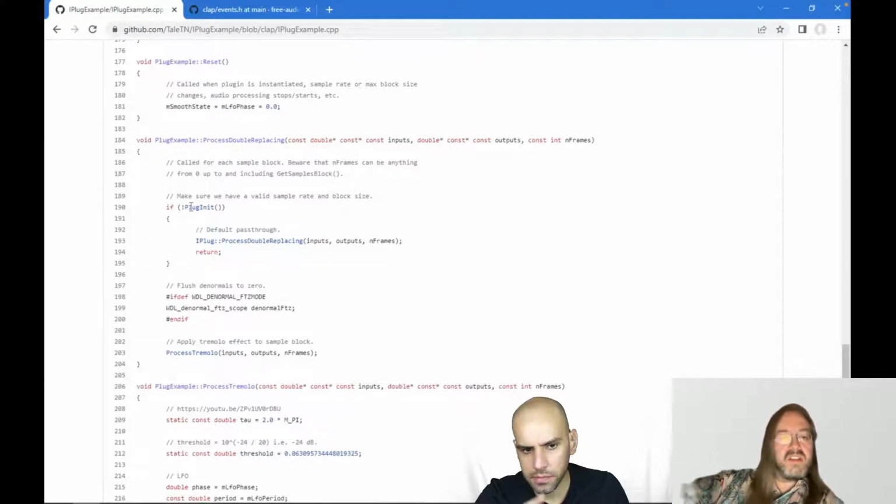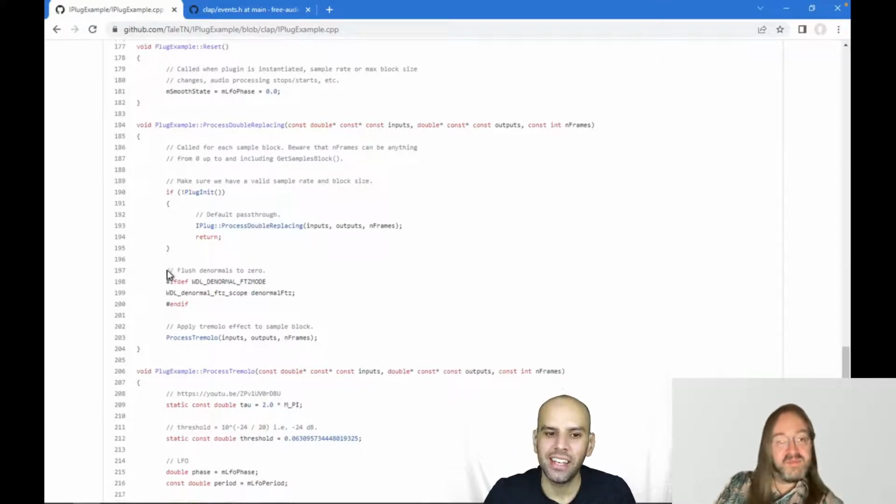Yeah, the thing is, I check if the plugin actually has received sample rate and block size, because that's something that at least in VST2 is not well defined. So there could be a host that fails to call one of these. And of course, then that would crash if I would continue processing. So I see. Okay. And so this then is just a check. You don't have to do that if you're feeling lucky, but it's probably good practice.